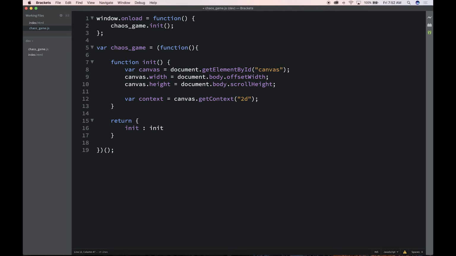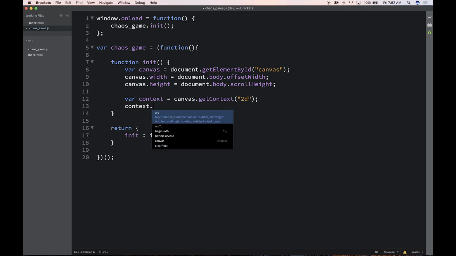And of course, I always do this. I don't know why, but we're inside an object here. Don't need a semicolon. Now we're cooking with gas. Alrighty, so the next thing that we want to do is actually